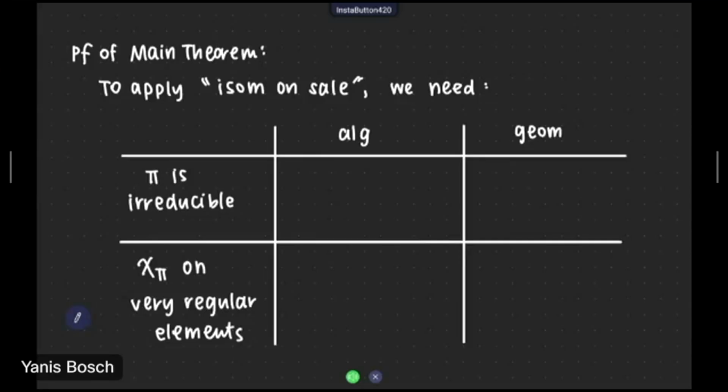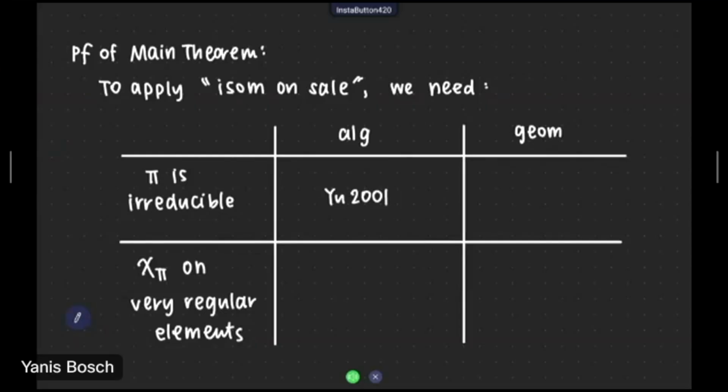So the algebraic side is, let's do the algebraic side first. Why is the representation constructed on the algebraic side irreducible? This is due to work of JKU in 2001. On the geometric side, actually, this took some time to prove that